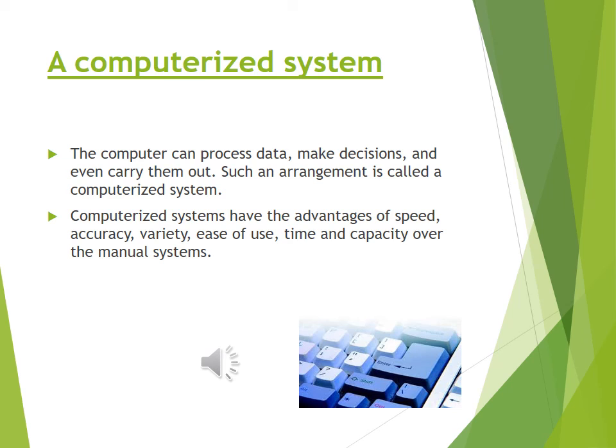What is a computerized system? It is a system which is controlled by a computer. For example, at any large store, the computer can itself determine whether the stock has fallen below a certain limit or not. If it falls below the limit, it automatically sends an email message to the supplier to send more stock.